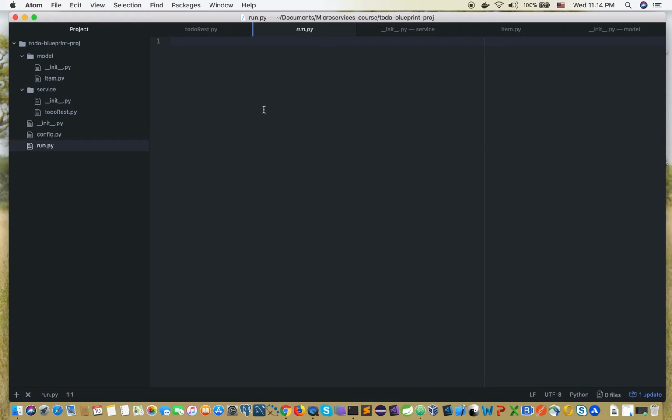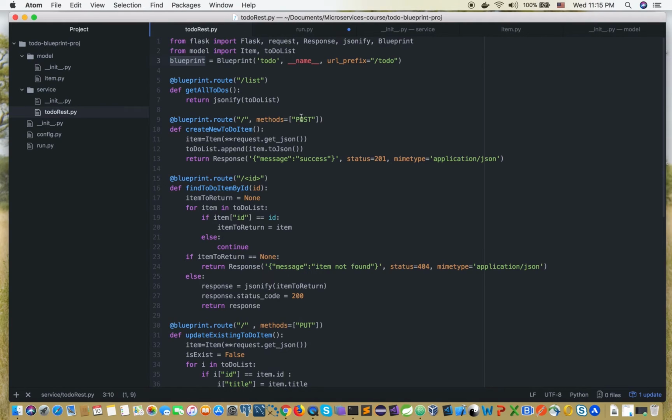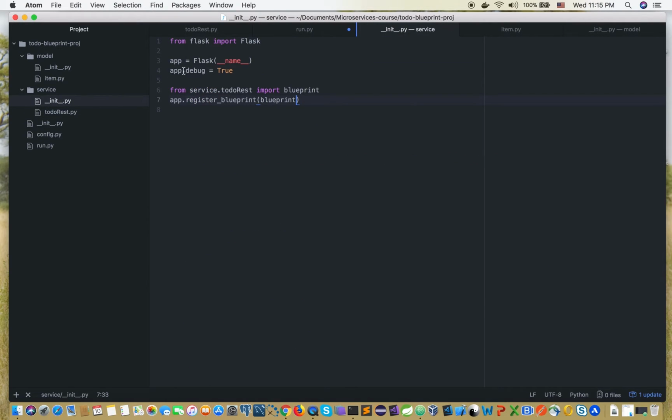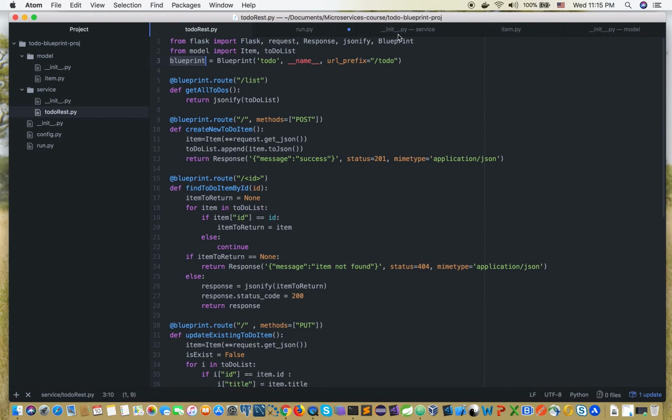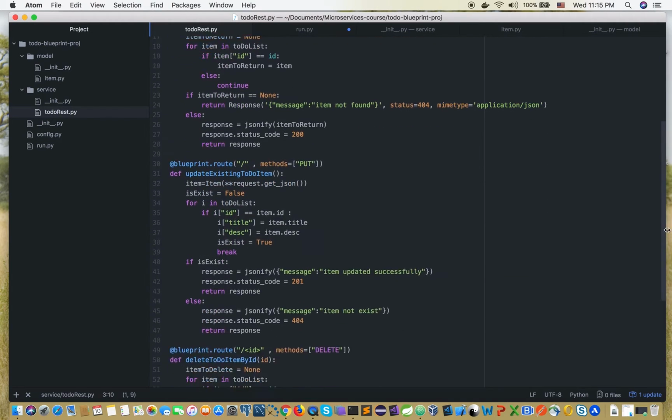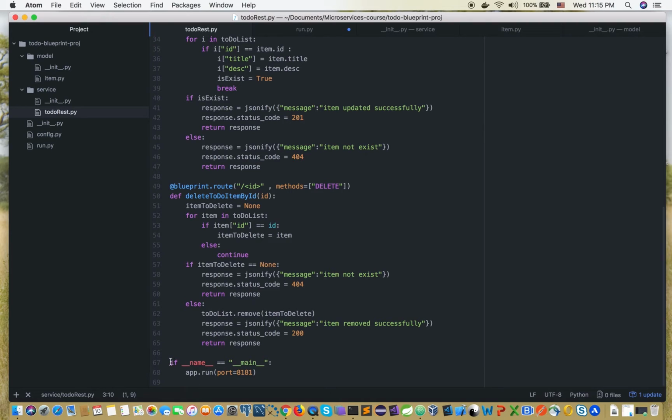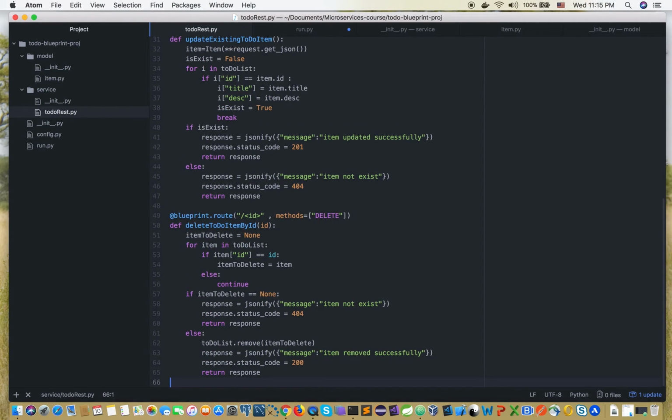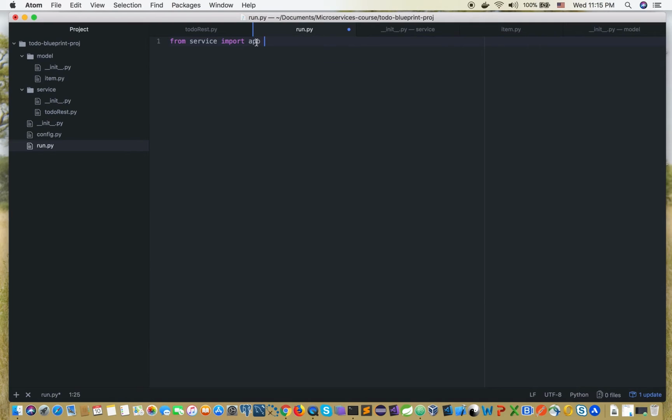So in this run file we say from service import app, which is what we need here, the app which contains our blueprint, and the blueprint is containing our endpoint. So now we can easily just cut this line from this file and add it to this file over here,